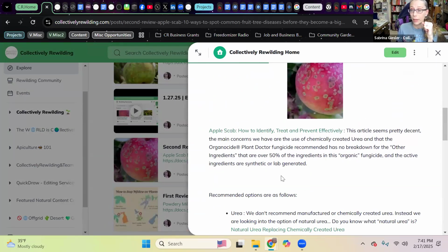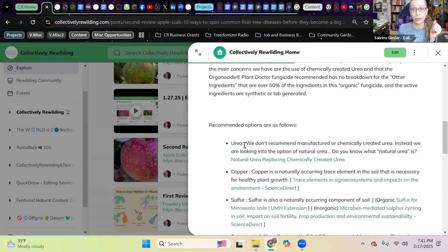So when you have chemically created options, a lot of times there was a natural alternative, and now that is created chemically for you. One of those options is urea. Urea is essentially urine. They can create the overall chemical structure of urea in a lab. However, it lacks a lot of the good components that your urine is built of. There are actually nutrients in your urine because you absorb nutrients, and that processes through your body as well.